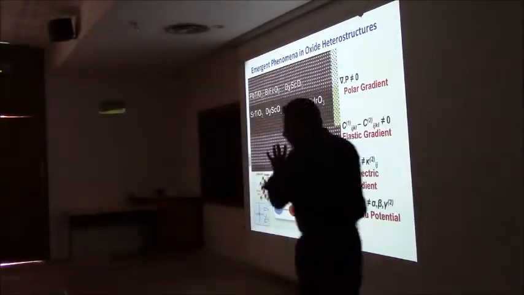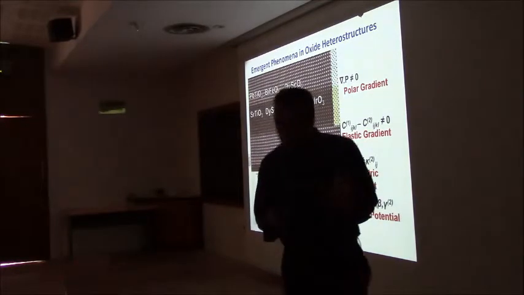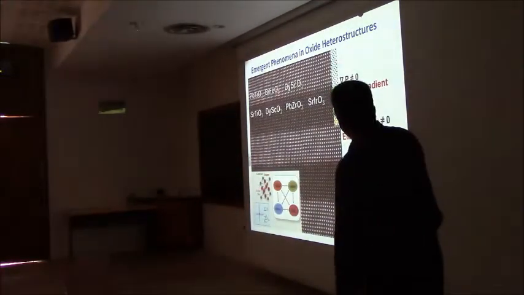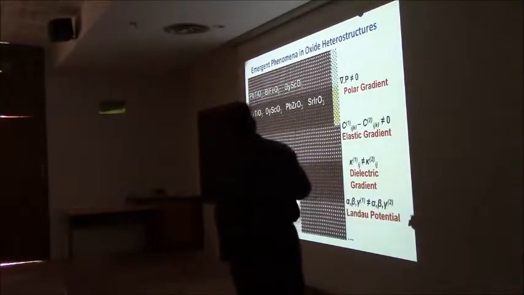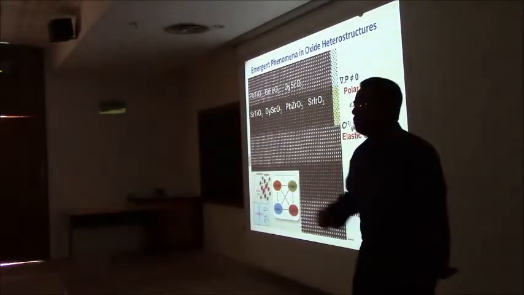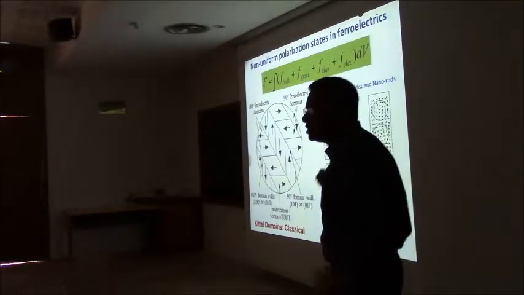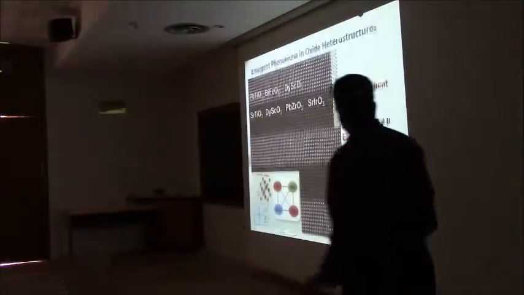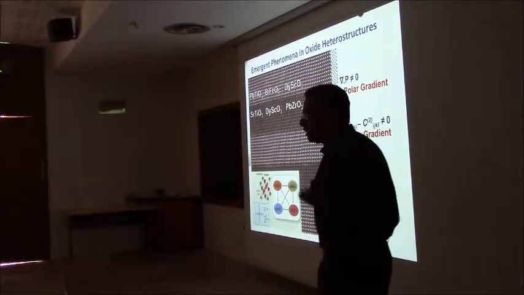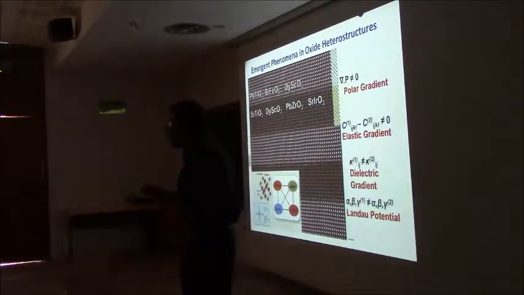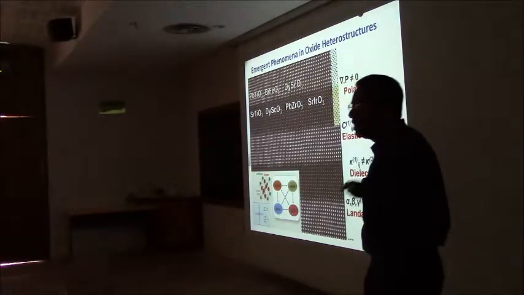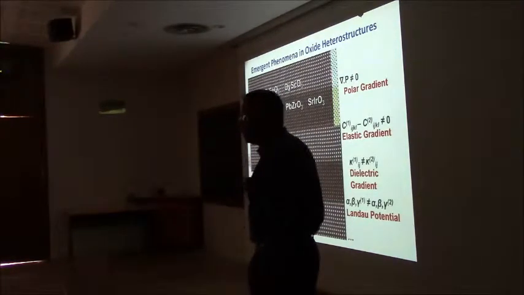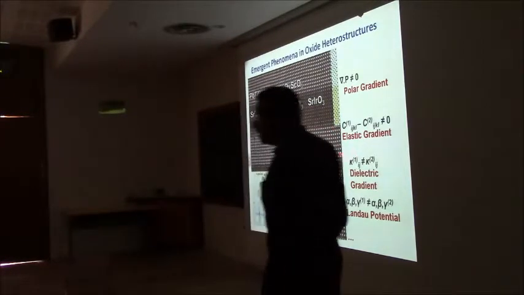So that brings us to the framework for our discussion today, which says, okay, if I have a polar material, in our case lead titanate is a model system, which is this layer. These are atomic resolution images of a superlattice. I can now start to impose boundary conditions. If you remember, we talked about these boundary conditions. I can systematically tune these. So I can put a polar gradient by simply going across lead titanate to strontium titanate. I put a polarization gradient. That's the first thing. I can put elastic gradients. I can change the compliance tensor for the two materials. I can put a gradient in the elastic properties.